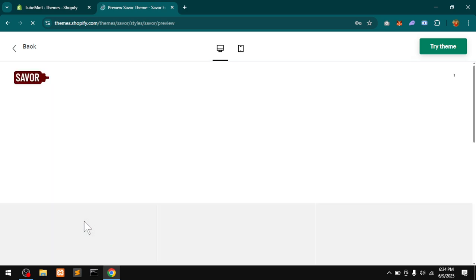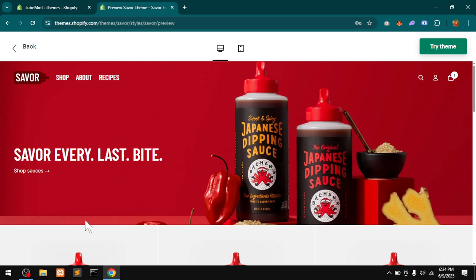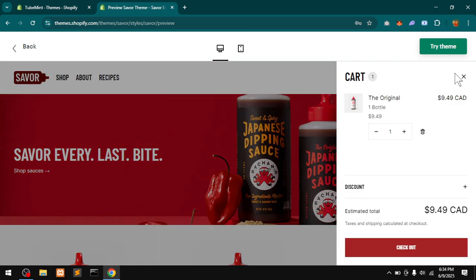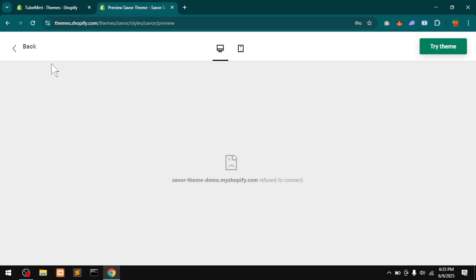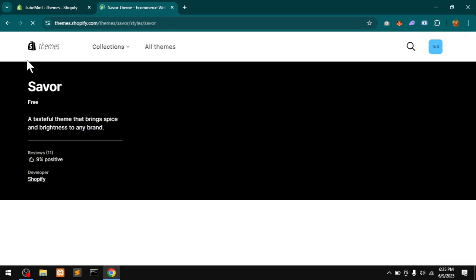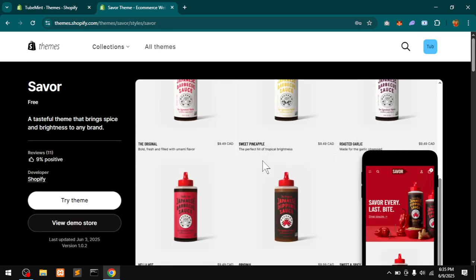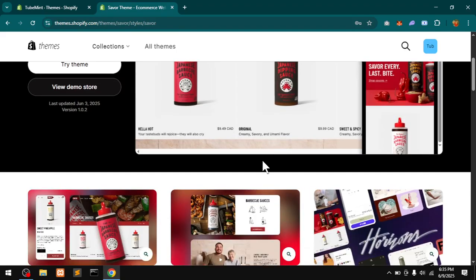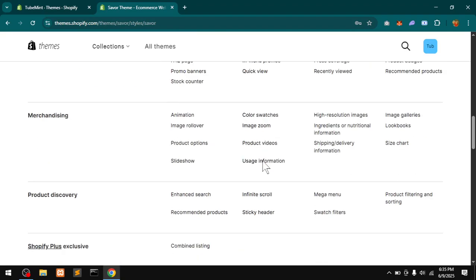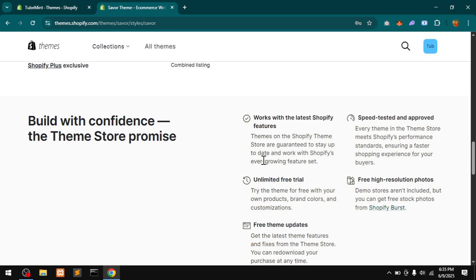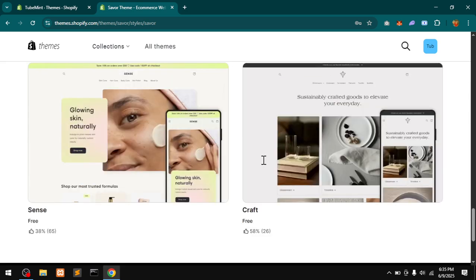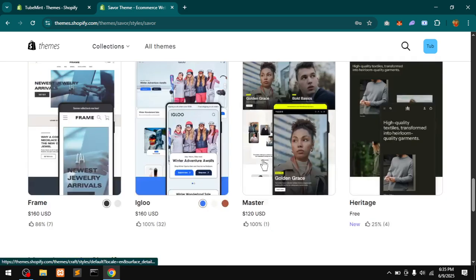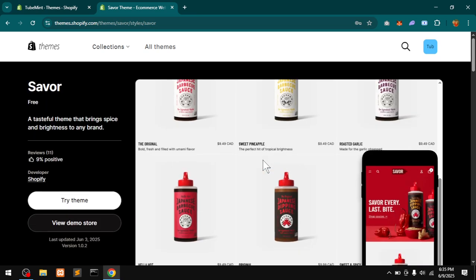The next video would be customizing this theme on my dev store. This is how it looks. You can check out. Again, this is a demo store, so you don't have checkout on it. This is how it looks, your Savor theme. It has cool features. If you are a cuisine blogger, let's say a food blogger, and you want to sell something and also want to